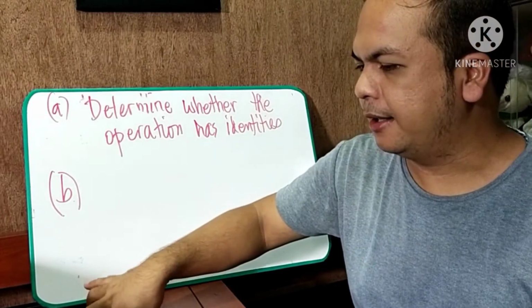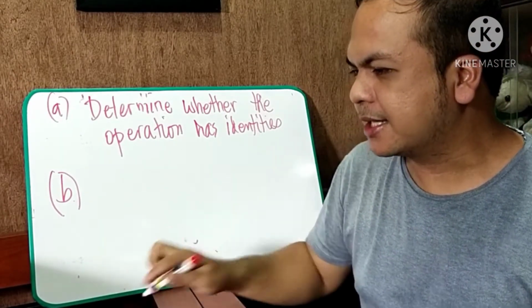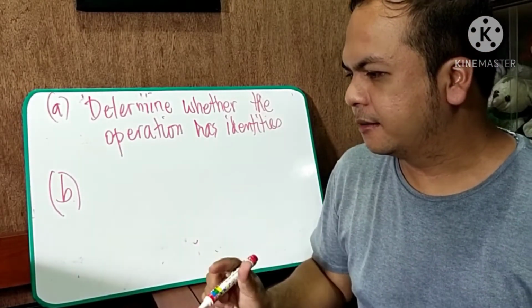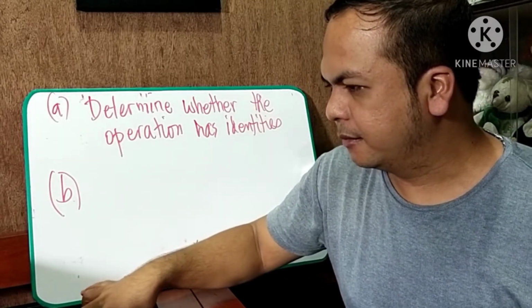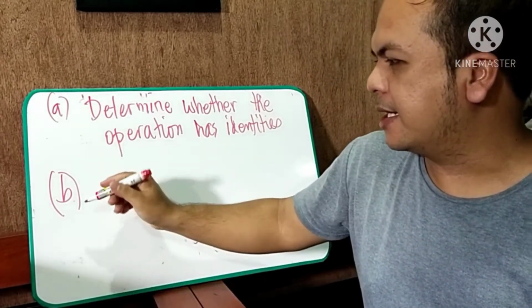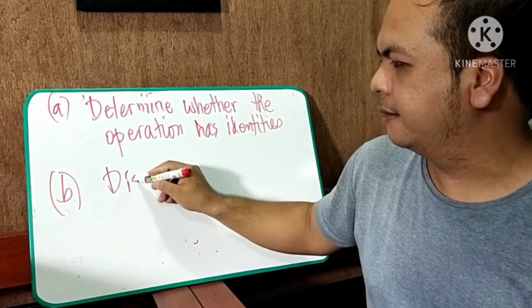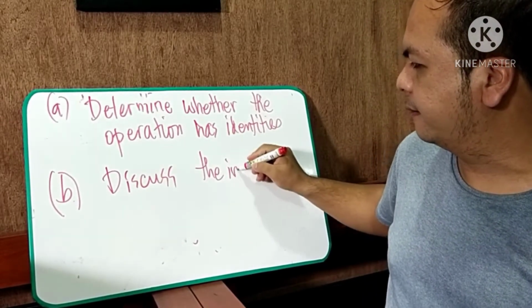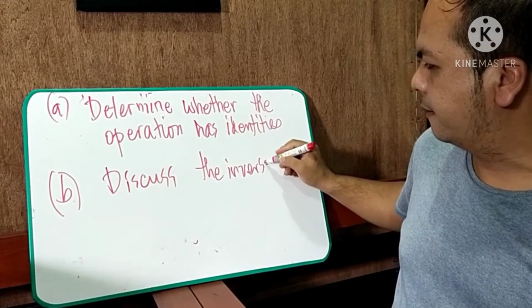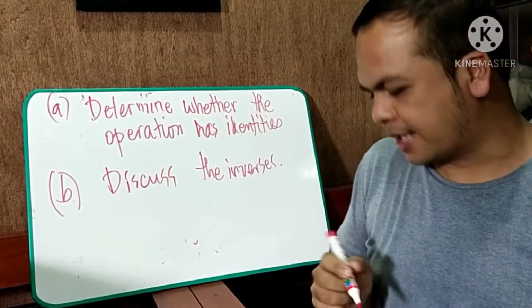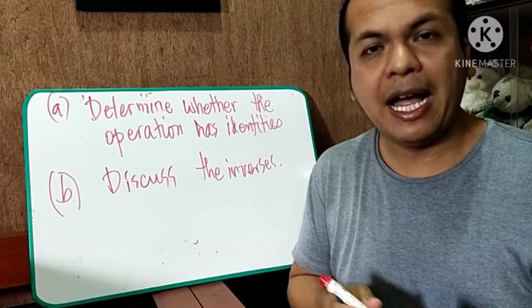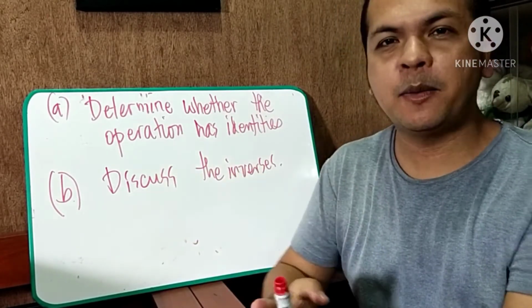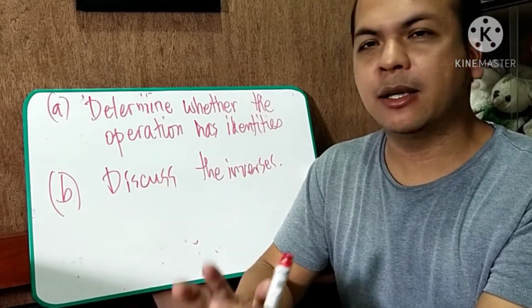Okay, and the last is let us discuss the inverses. Okay? Discuss the inverses. So ito yung mga apat natin gagawin na kailangan gawin given yung ating